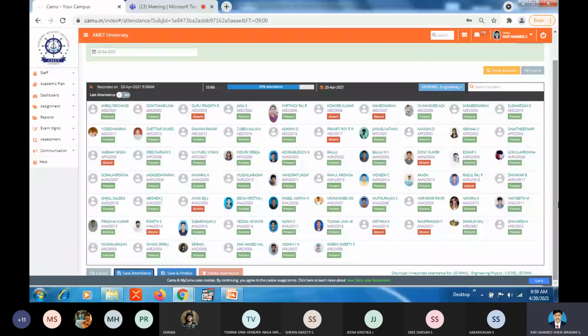Give the objective. Definitely we have the structure. So draw the structure. Once completing the structure, the description is important. Give the description for that. Then uses, applications, advantages, disadvantages. These are all things to be present in your assignment. So it will take minimum 3 pages, I think. Okay, sir.